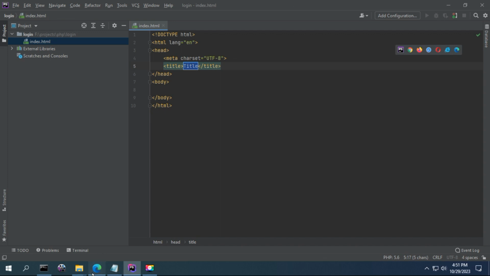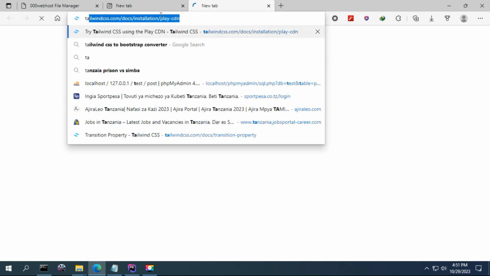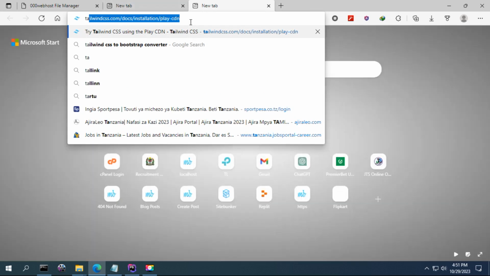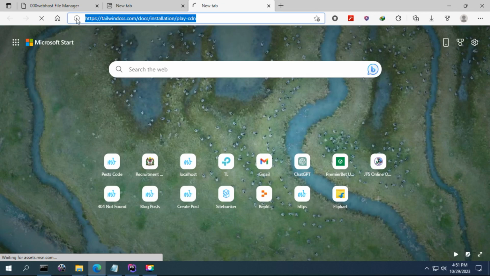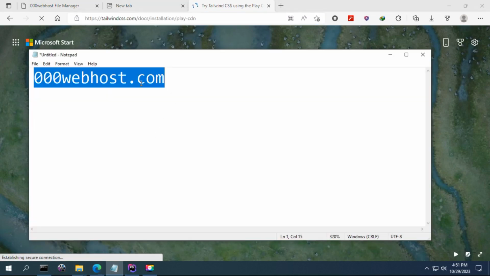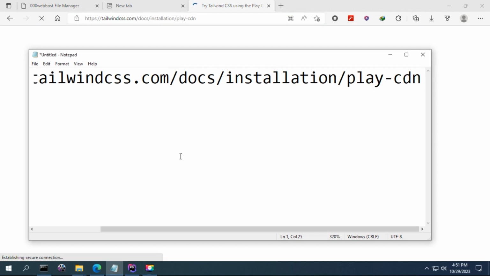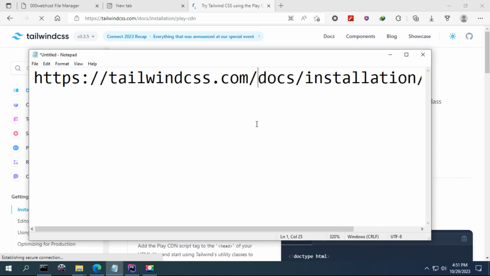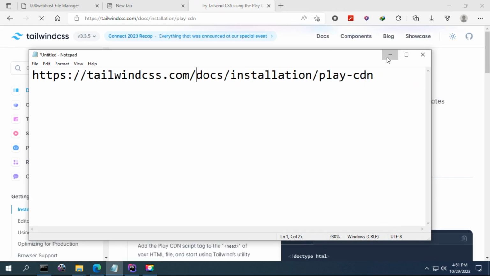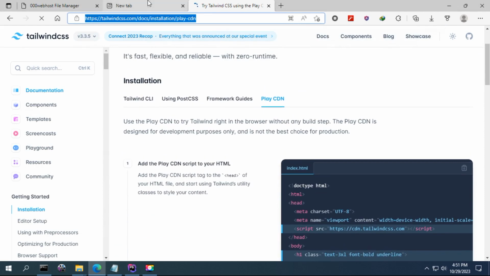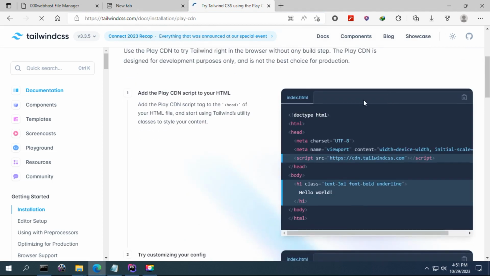To use Tailwind CSS online compiled resources, you have to navigate to this link. You can see this link. This one here. The video to install Tailwind CSS is in the description, and for now I'll only copy because I'm going to use online CSS resources. I have already copied this one, or I'll copy everything in this